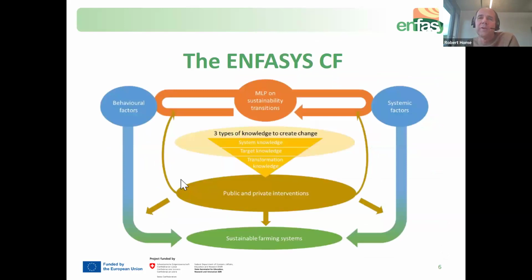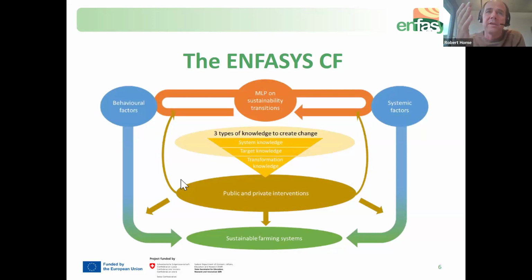And all of this, deliberation and discussion and feedback rounds and desk research and literature reviews, brought us to the actual conceptual framework that we settled upon to guide our interpretation, and also to give us direction and guidance about what we focus on. And just to walk through the diagram, on the sides of the diagram, we've got these behavioural factors and the systemic factors. As I was saying before, we brought these together, we link them through the multi-level perspective, which is the orange section at the top of the diagram.